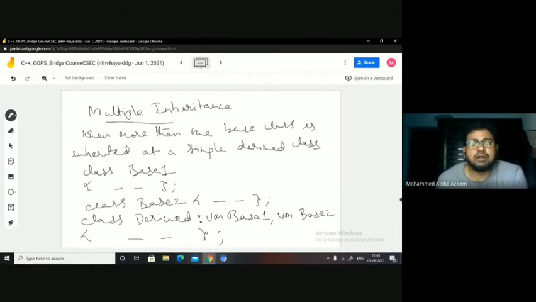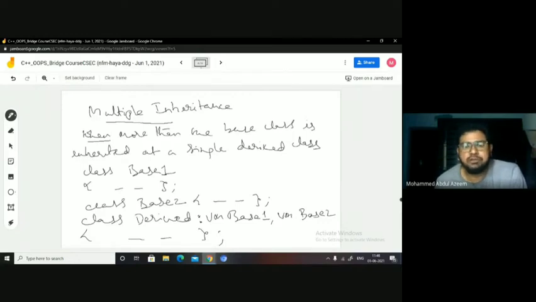Got it? So I say when you are inheriting multiple base classes, more than one, at a single derived class, then it is a multiple inheritance. Okay. I hope this is clear to all of you. Now, the scope rule is going to be defined as per the table that we have mentioned. So it means, for example, if I have here, let us say, some private members of base 1. Now, the visibility mode of base 1 you have given as private. Then private of private cannot be accessible.